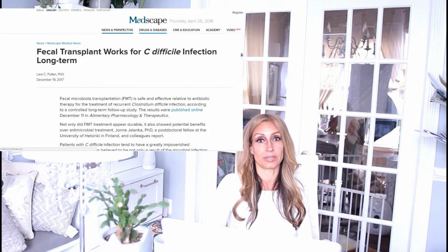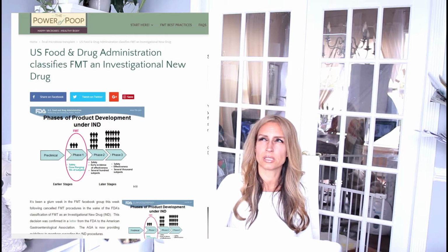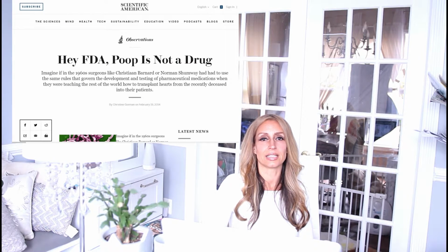transplant to save thousands of lives every day with people who suffer from a bacterium called Clostridium difficile, or C. diff for short. This affects about 500,000 people each year, and about 15 to 30,000 people have been dying from it each year. And it's typically acquired in hospitals after a round of antibiotics. Traditionally, C. diff was treated with antibiotics, but the recurrence could potentially end up in death, and it would continue to recur. As weird as this sounds, in 2013 or 2014, the FDA in the United States designated poop as